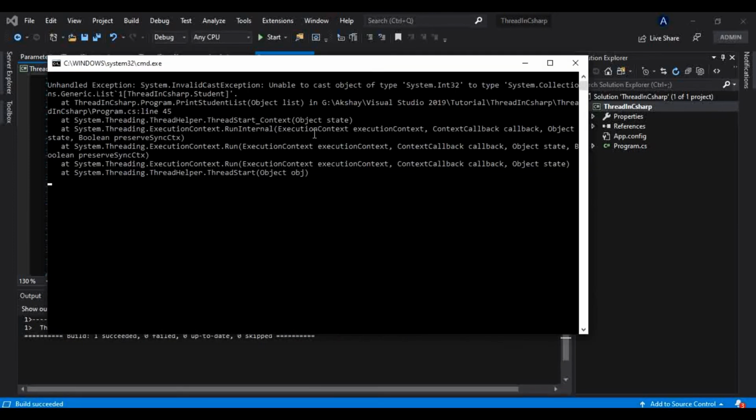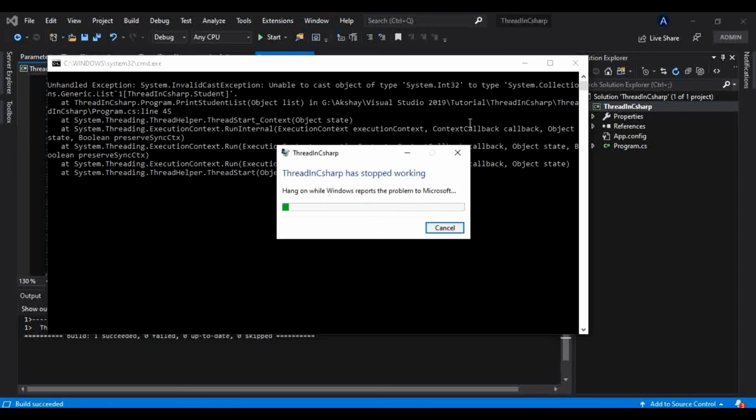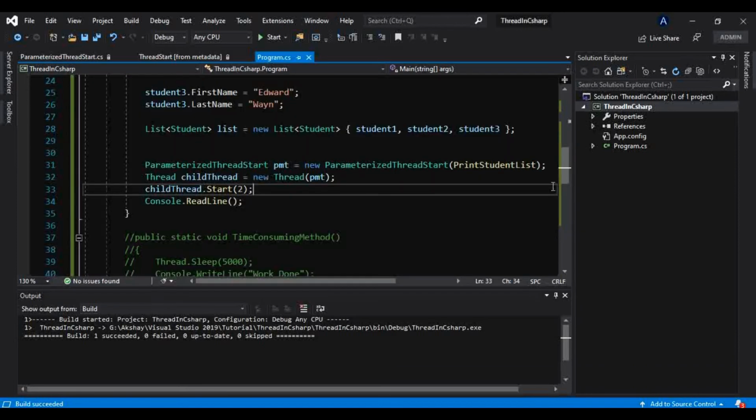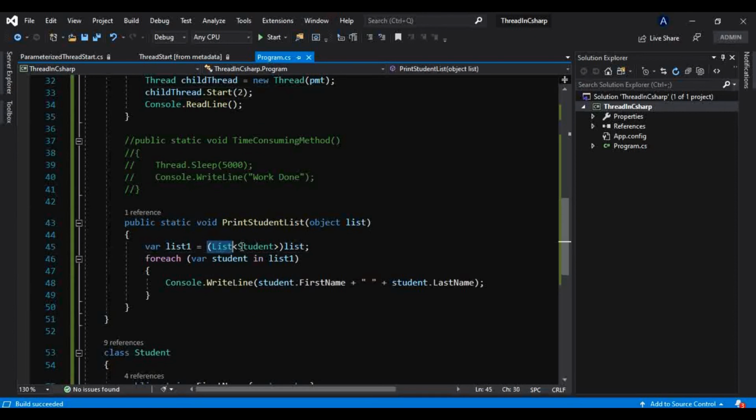Okay, what it says: unable to cast object of type System.Int32 to a System.Collections list. So let's say I do that as well in my code. This is nothing but parsing, and there is a very big difference between parsing and converting. This is only checking if this object can be parsed into this list, and if it cannot, it throws that exception, that it is unable to cast that. But what if I forcibly cast that?